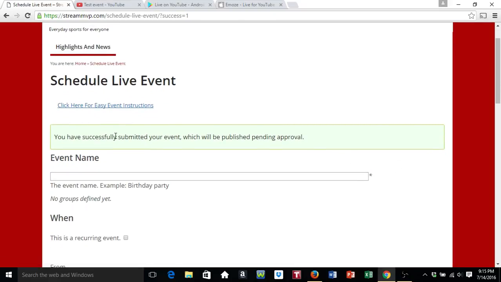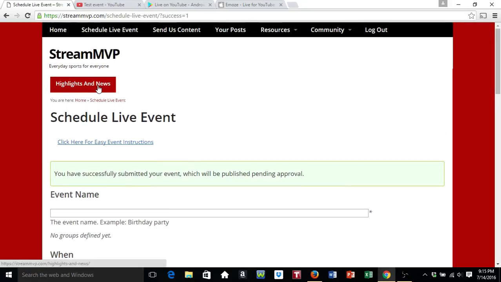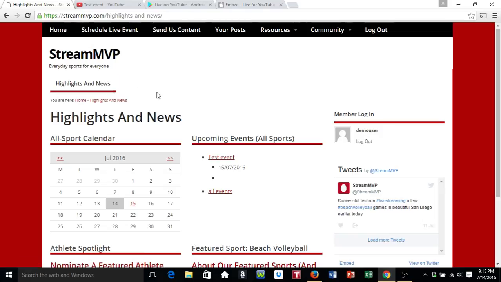And here, if everything's gone through right, you should see this message. Now, for most people, events do have to go through an approval process, which is pretty quick, but there still has to be an approval before that event is scheduled on the calendar. In this case, for this demo user, this person has authorization to publish it immediately, so it'll show up right away. So we'll go to our calendar on the website,